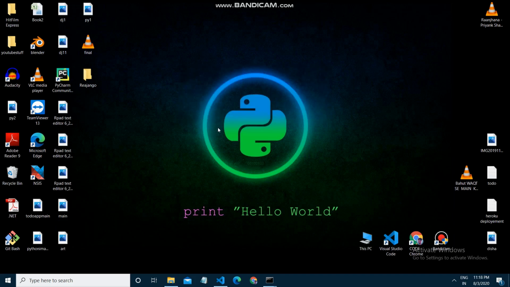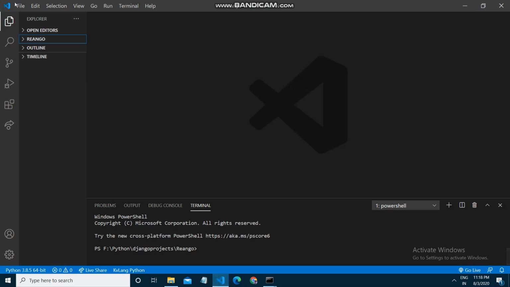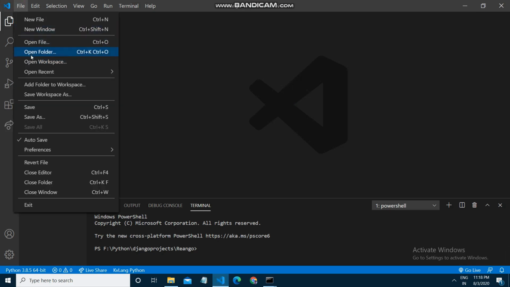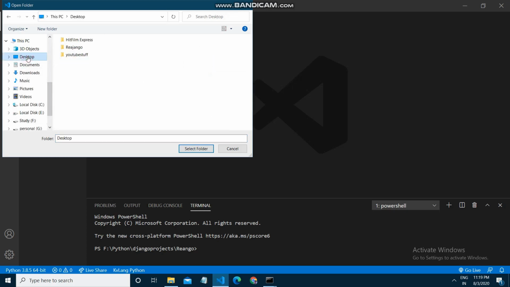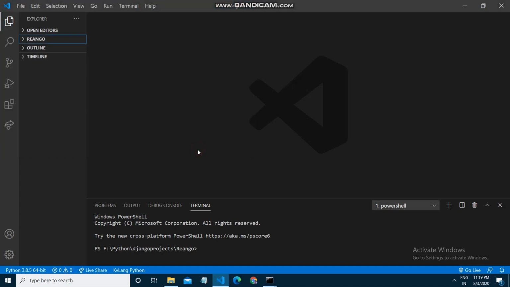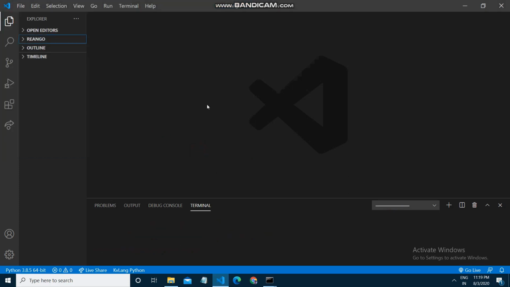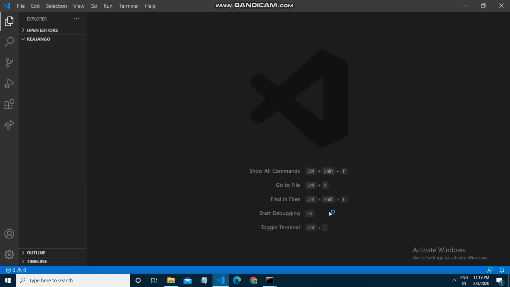Now our React app is in our Django project. So let me open that folder. I need to go to the desktop, and here is our Django folder. Select this folder. You can see that here is our React app and Django.